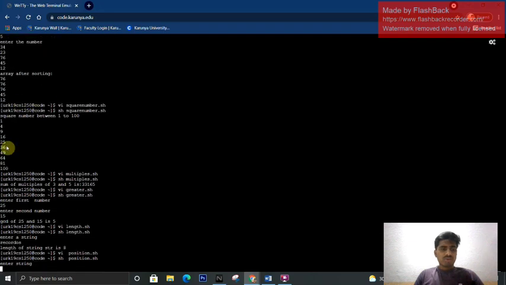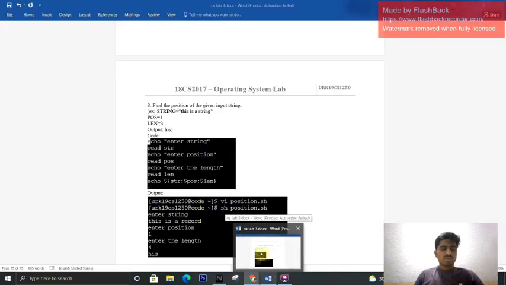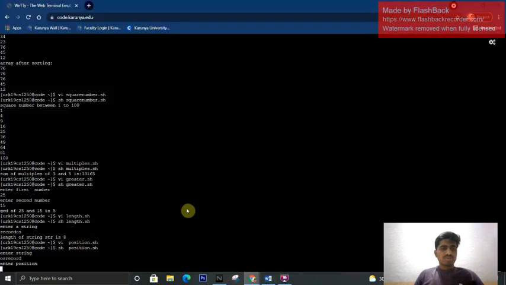We enter the string. It will ask for the string here, then to enter the position, what they gave here, position 1.